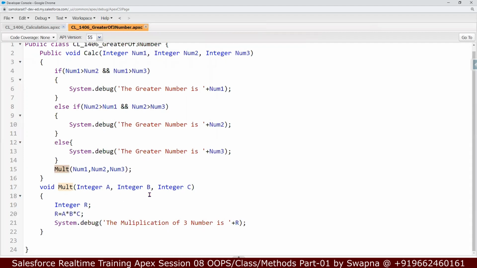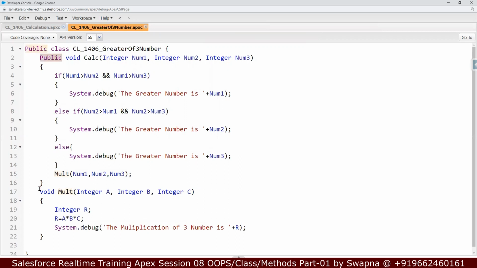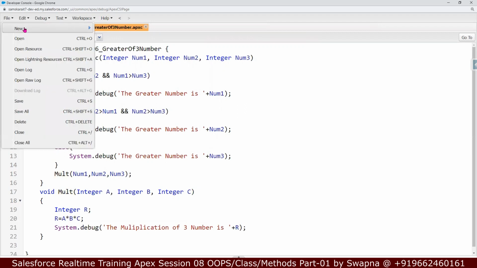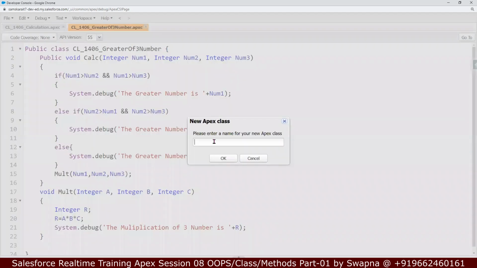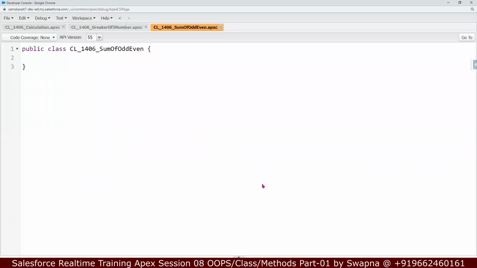So far, is it clear? What will happen if you do not use the access modifier public? Okay, let's create another class. Apex class CL_1406. Let's say this is the sum of odd and even. That means